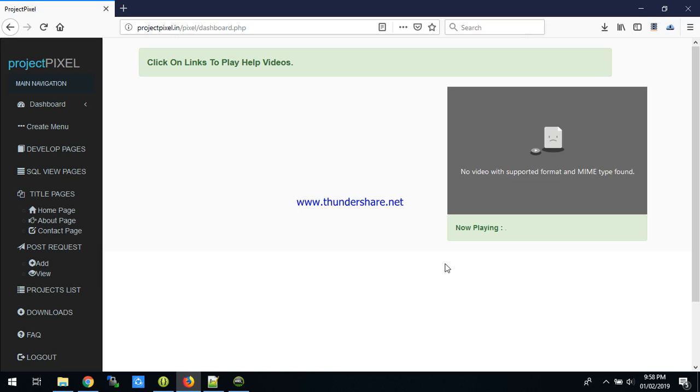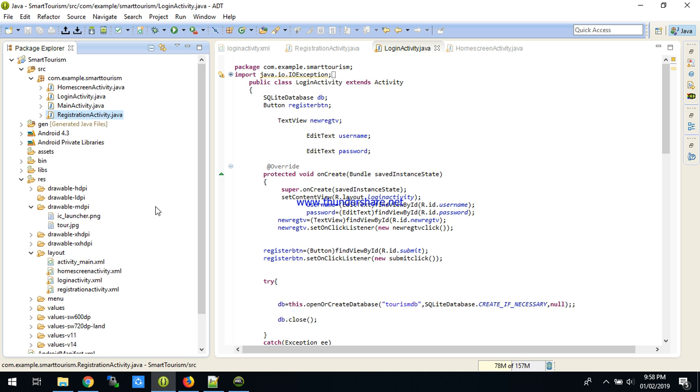In this video, we understand how to create a main menu activity in an Android application. This main menu activity code, we are going to generate on the projectpixel.in website. Before this, we are going to see the Android app that we have developed in